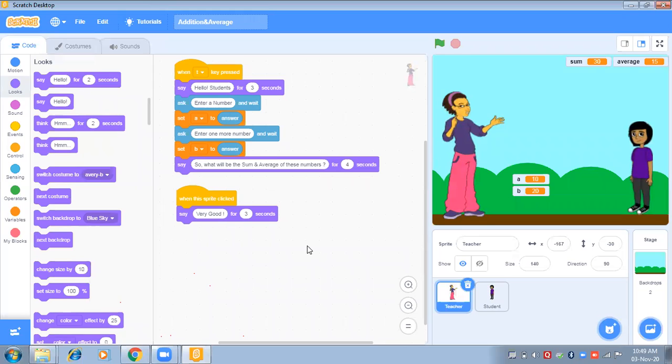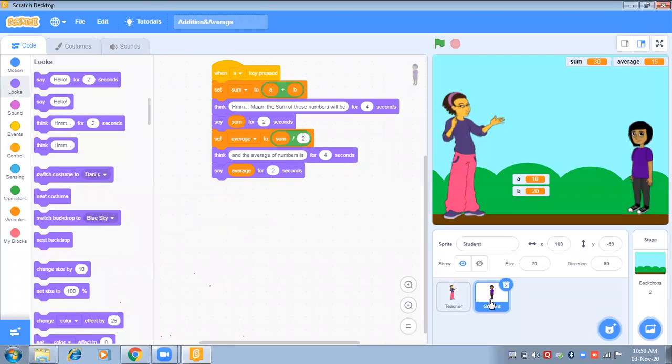We have declared a few variables as variables for all the sprites, so that they can interchange the numbers and the values with each other. And then for the student, we have done a different coding, and for the teacher, we have done a different coding. So at the time of uploading this program on Atlantic, you have to take the screenshot of both the coding windows. There is one coding window for the teacher, and then you will click on the coding window of the student and take the screenshot of these two windows and upload them separately.